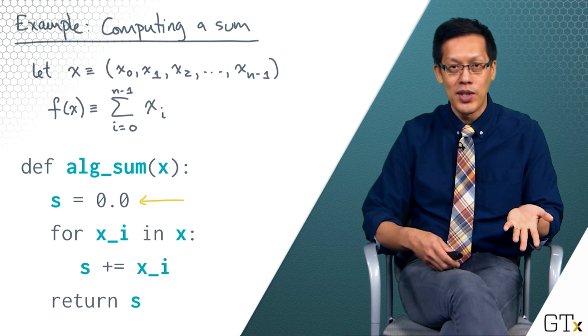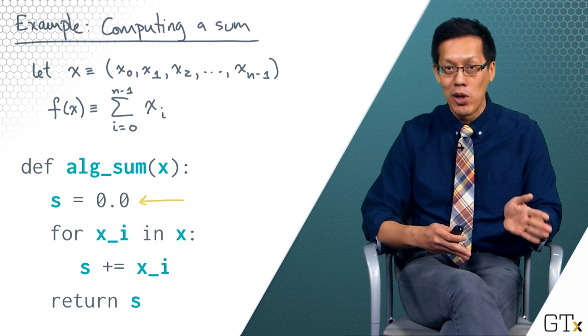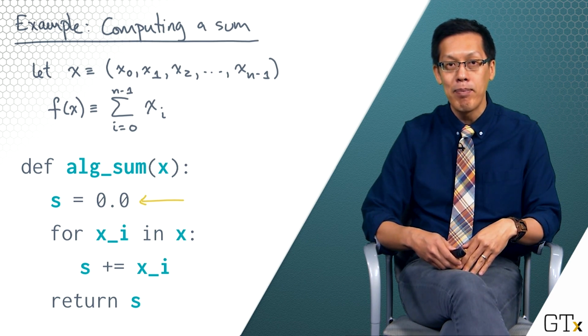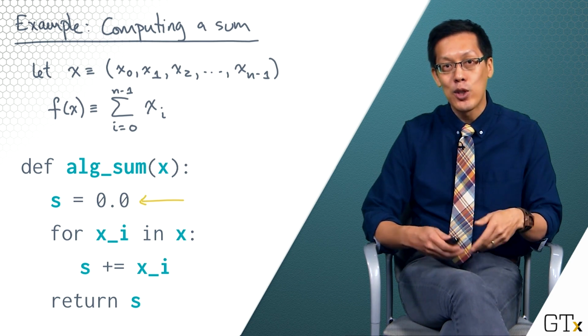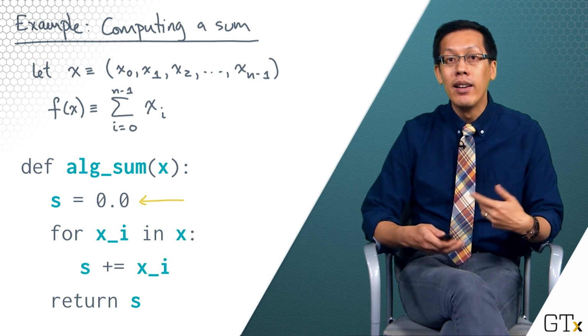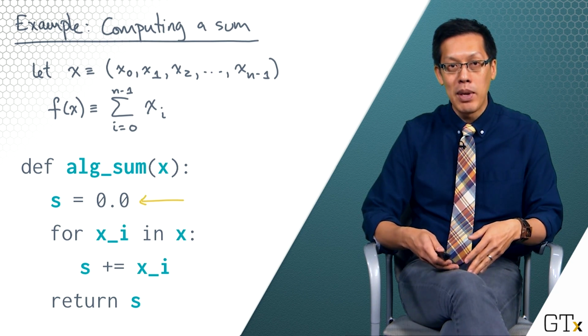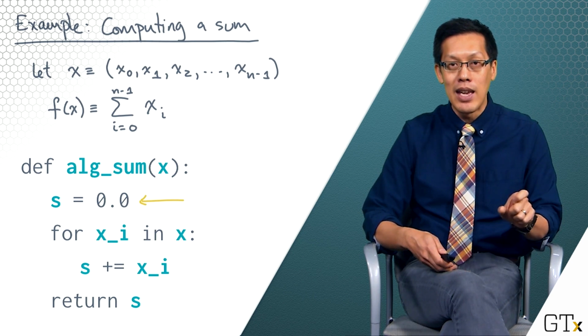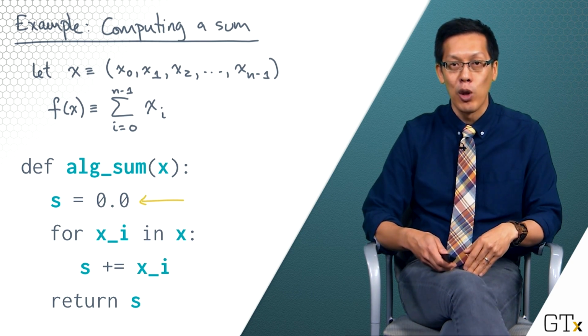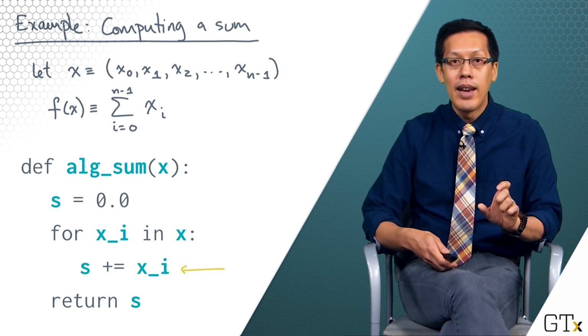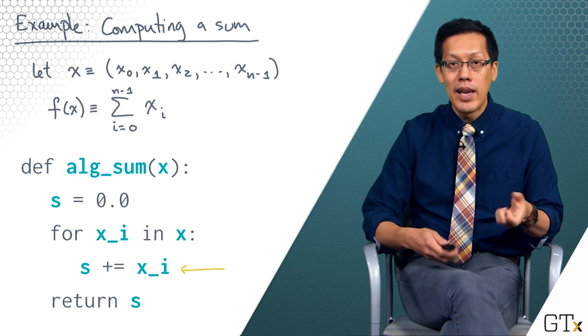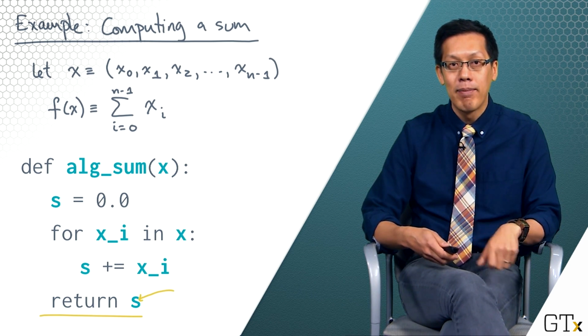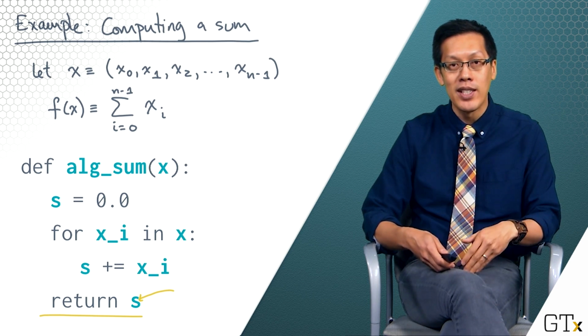Now the algorithm uses a temporary scalar variable s to hold a running sum. It initializes that s to 0 in the first line. Now notice that the initializer is declared to be a floating point value, so let's assume that we might expect the input x to also contain floating point values. Now in the body of the for loop, it accumulates each element, and then it ends by returning this value